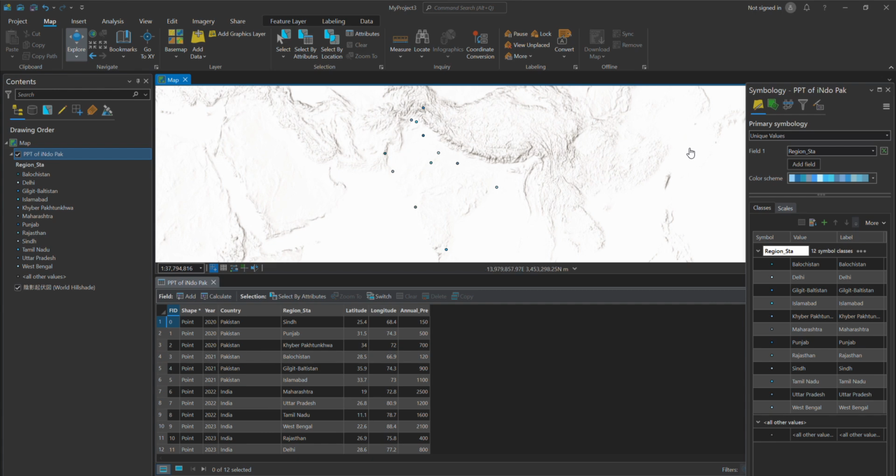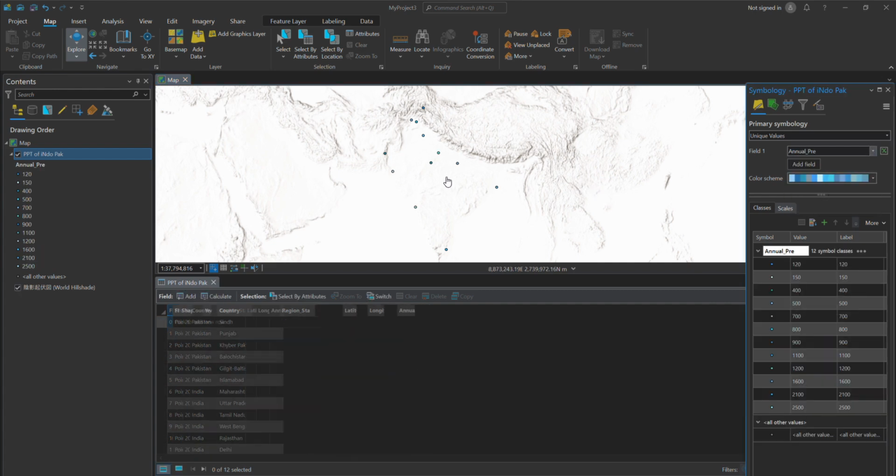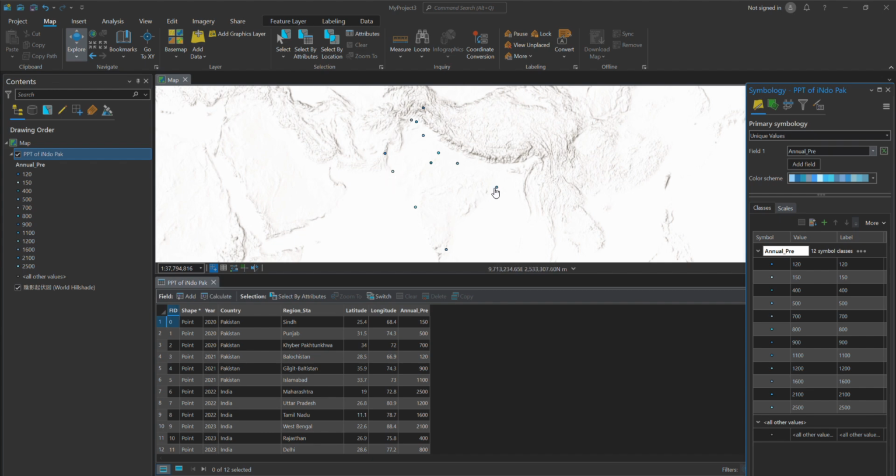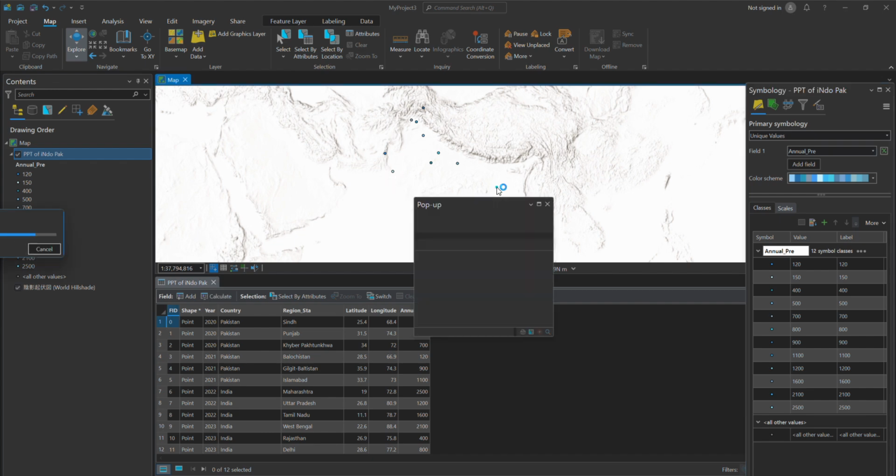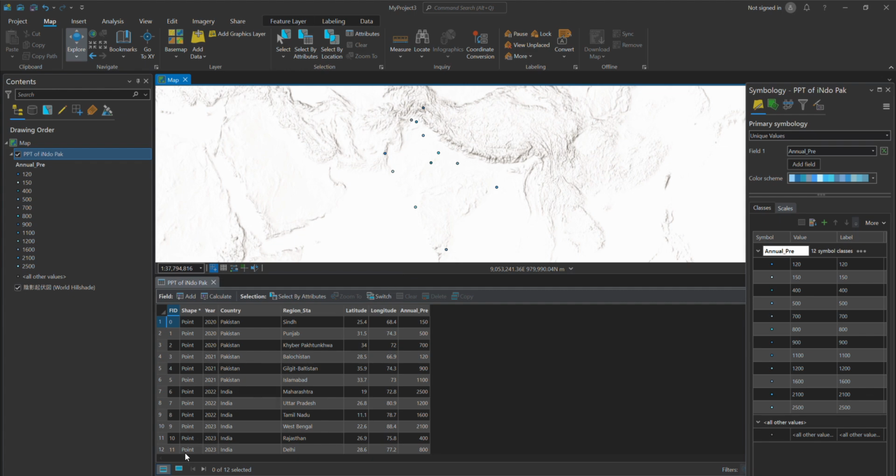Okay, so the unique value will be given in this. You can change any field, like annual precipitation, and if you click this area, it will show that this is the annual field 2030 West Bengal, and this is the annual precipitation. You can also click from this area, and for this area the blue line will be visible, so you can easily see it. Now we try the next video. In the next video